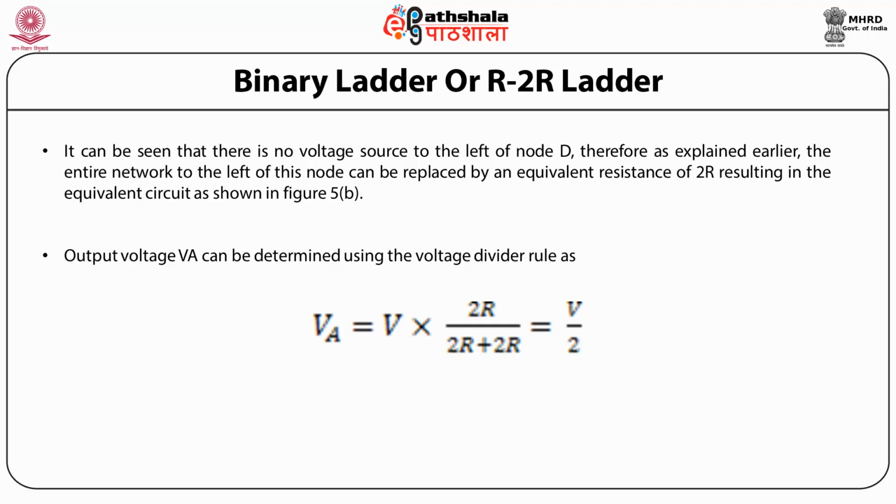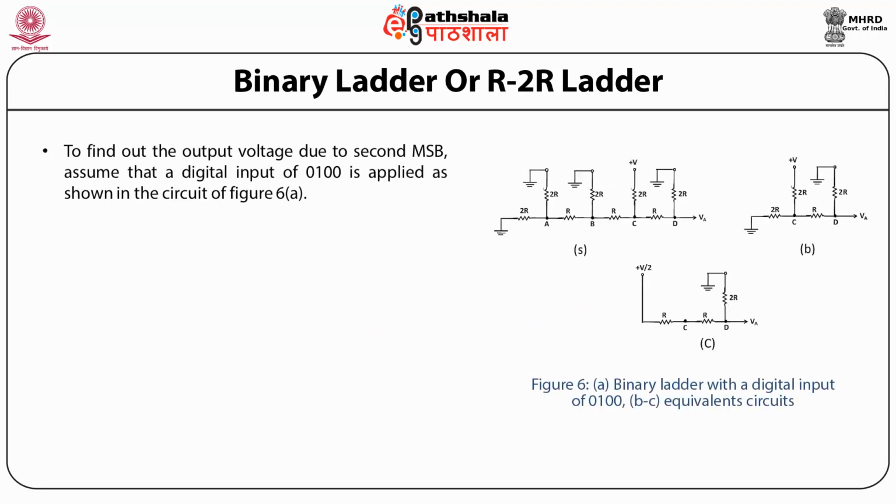This makes VA equal to V by 2. Thus, a 1 in the MSB will produce an analog output of V by 2 volts. To find out the output voltage due to the second MSB, assume that a digital input of 0100 is applied